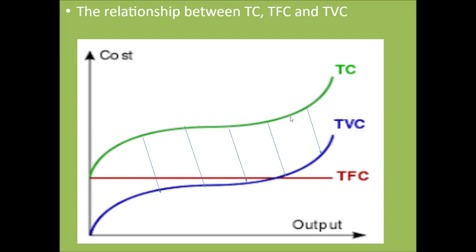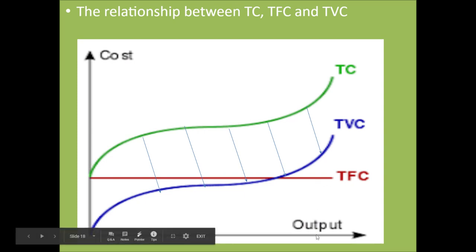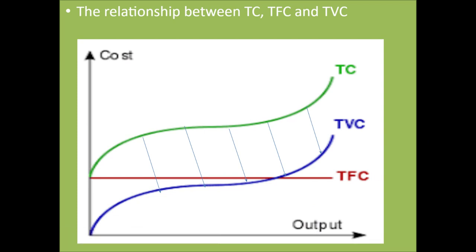Students, we know that total cost is the sum total of TVC and TFC. So, if I try to find out the difference between total cost and total variable cost, which is this gap, I will arrive at total fixed cost, which is actually this gap. Therefore, we say that total fixed cost remains parallel to the x-axis as it remains constant with the change in output. Total variable cost starts from the origin and takes an inverse S shape.